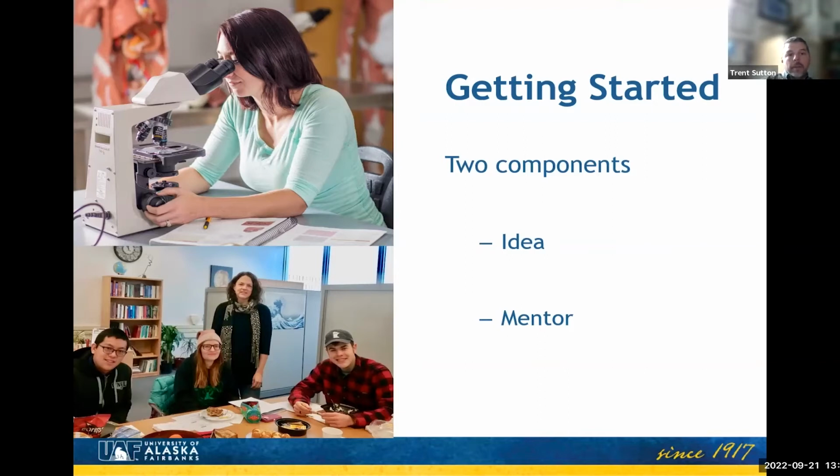And so it might be one of those deals where you might not know who to go to as a potential mentor. And that's where we can come in. If you came to us and said, hey, I'm really interested in a project in anthropology, I don't know who to talk to. I haven't had an anthropology class yet, or I haven't met any of the anthropology instructors yet. Who might be a good person for me to talk to about how to potentially develop this? And that's where we ask some more questions about the type of anthropology project you might be interested in, and then we help line you up.